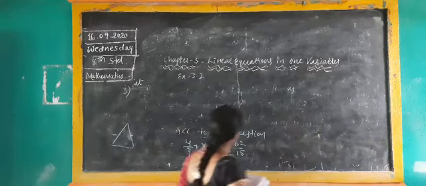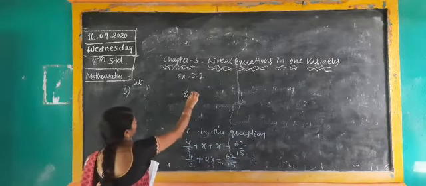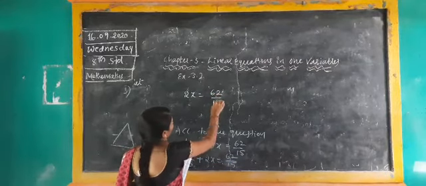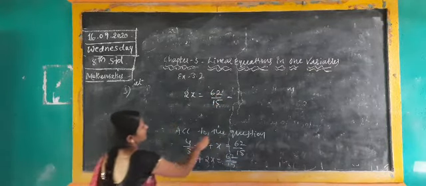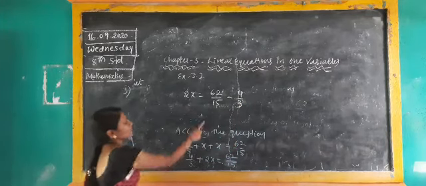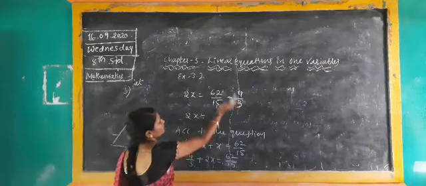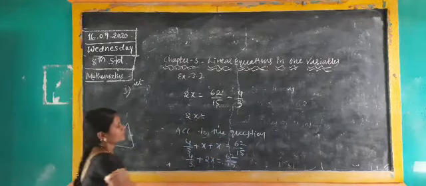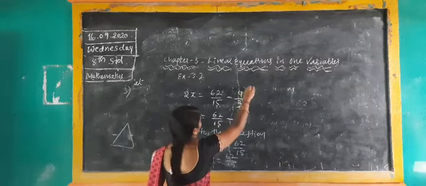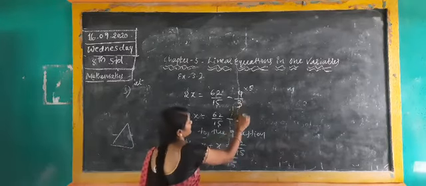Find the value of x here. Here 62 by 15 is there. I need 2x is equal to 62 by 15 minus 4 by 3. Here see, denominator is 15 and 3 is there. I need the same denominator, that's why I am multiplying. Here how much multiplied gives 15? 62 by 15 as it is, write down minus, 3 5s are 15. Yes or no? Means denominator will be the same. You are getting 4 5s are 20.